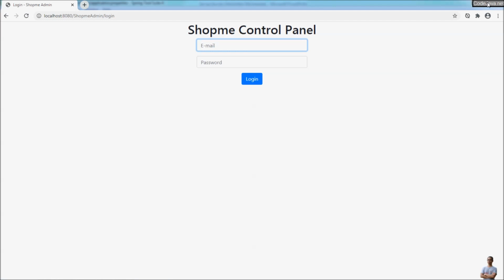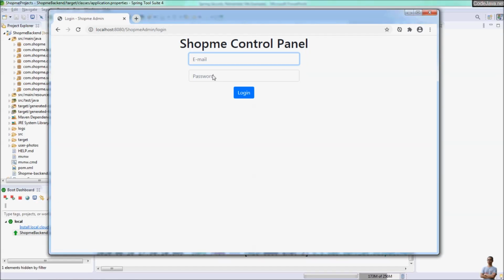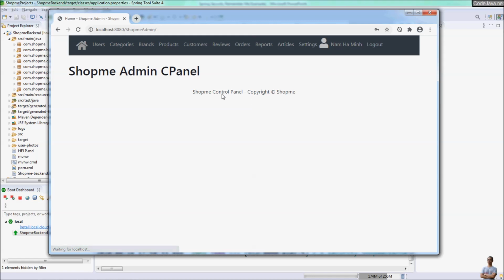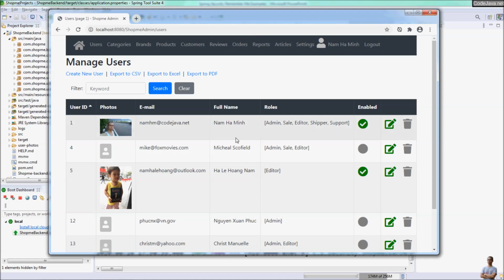And you see it requires me to log in with email and password. So I enter my email, hm@codejava.net, and my password. Okay, click login. You see I have logged in to this application, so I can use all the functions of the application